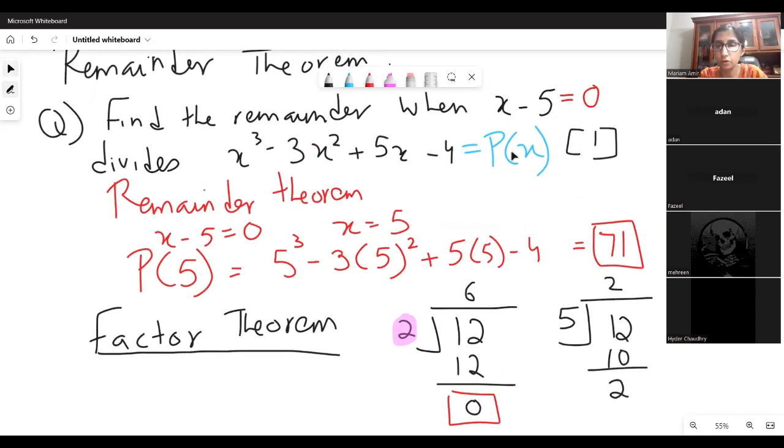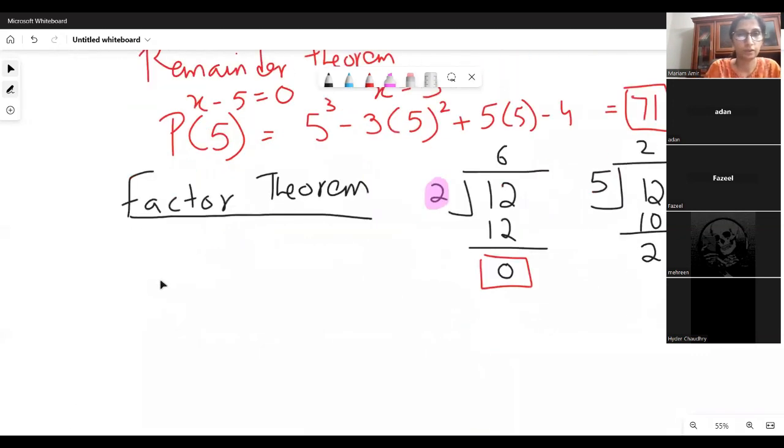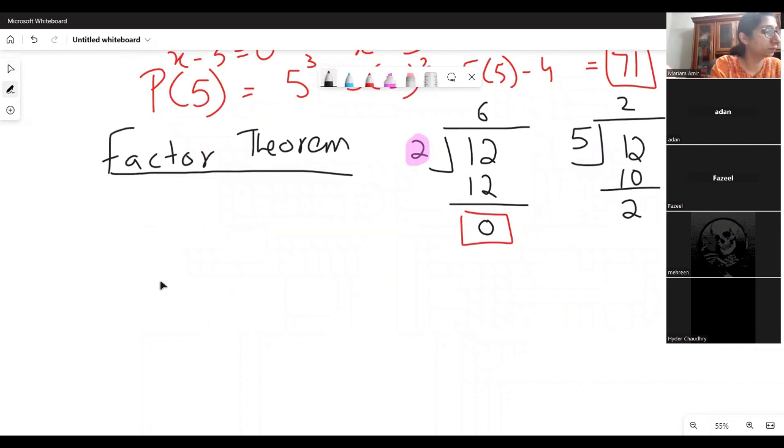नहीं, 0 होता. देखो अभी क्या किया था, क्योंकि ये फैक्टर नहीं था x माइनस 5 इसका, तो जब 5 px में सब्स्टिट्यूट कर दिया तो हमारे पास आंसर जो था वो रिमाइंडर आया 71. लेकिन जस्ट इन केस अगर ये फैक्टर होता तो फिर हमारा रिमाइंडर आता 0. सो फैक्टर थ्योरम ये कहता है कि अगर, लेट मी जस्ट राइट अ क्वेश्चन टू सो दैट इट मेक्स मोर सेंस. हियर्स द क्वेश्चन. ओके, क्वेश्चन ये है,